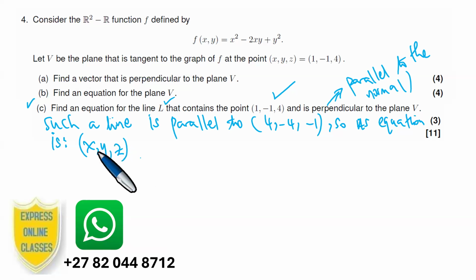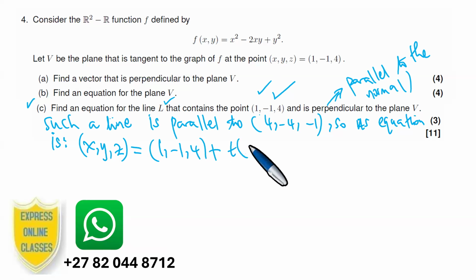x, y, z. So it contains the point 1, minus 1, 4, plus t times, because if it contains the point, you put this point first, and because it's parallel to the normal we got in the previous question, which is 4, minus 4, minus 1. And then t is our parameter, and t is an element of the set of real numbers. Okay, but now we can simplify this. So this is the answer. If you don't write the answer like this, you say or